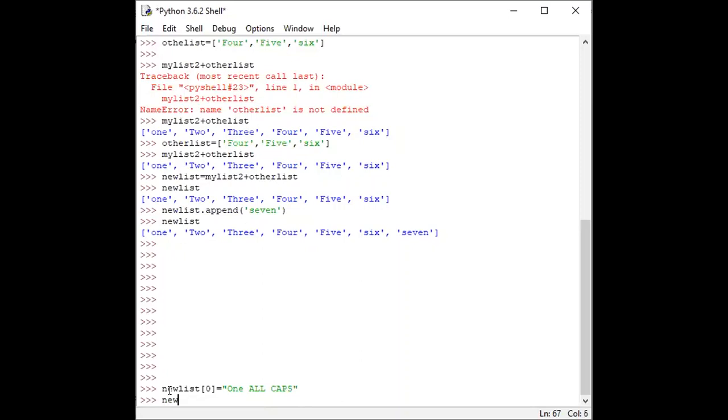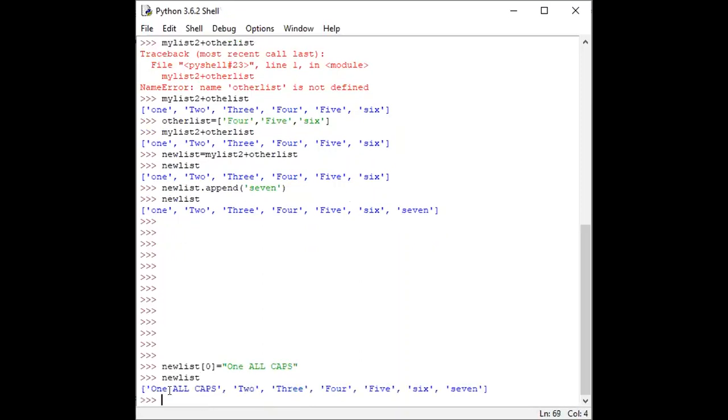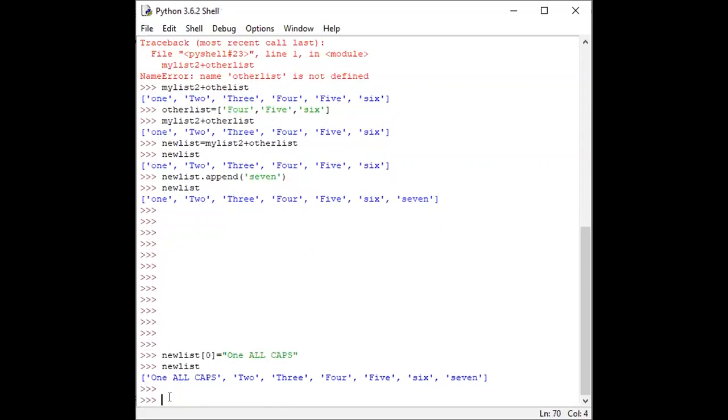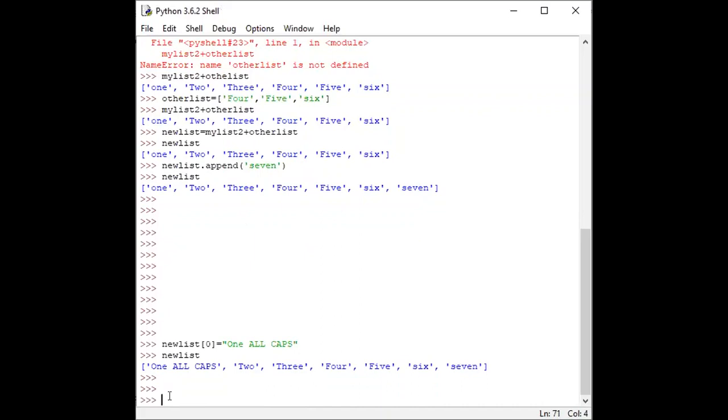So now I call my new list again, and we will see here that the value 1 is now replaced with the assigned string. In this way, we can replace different values.